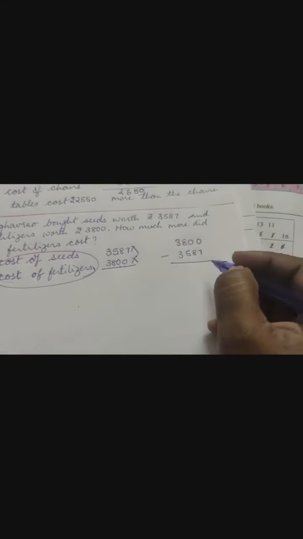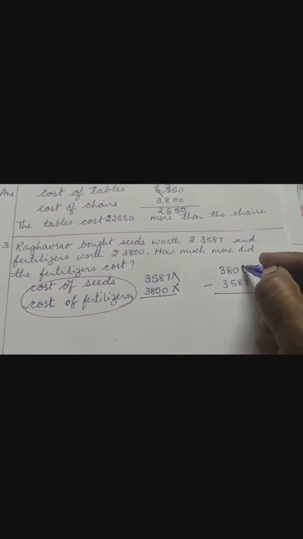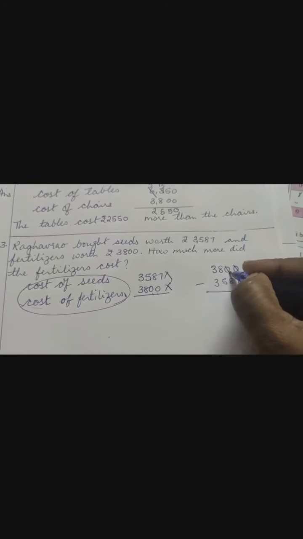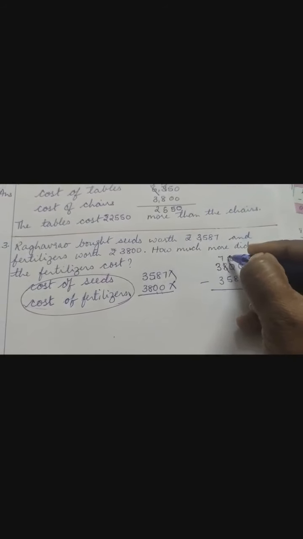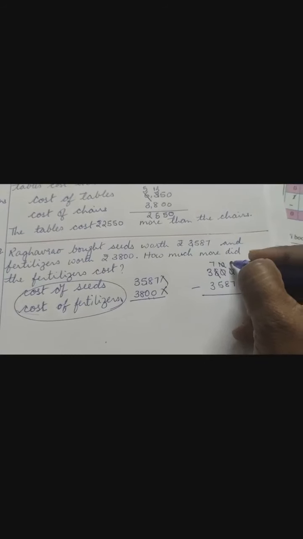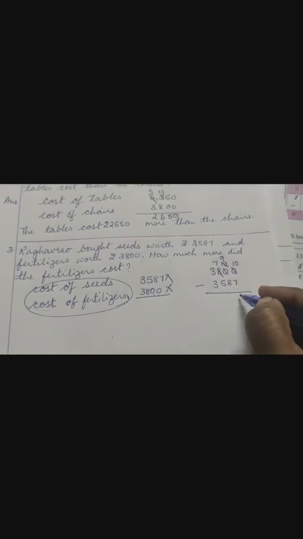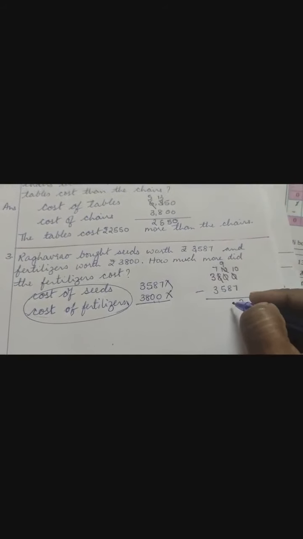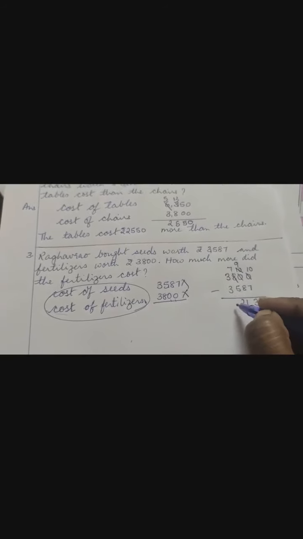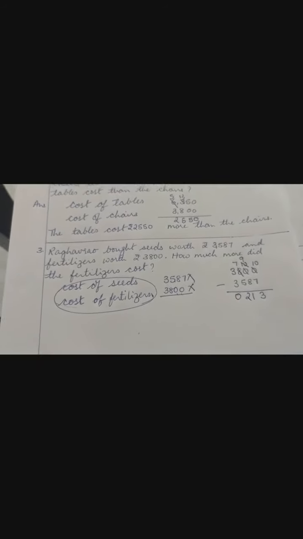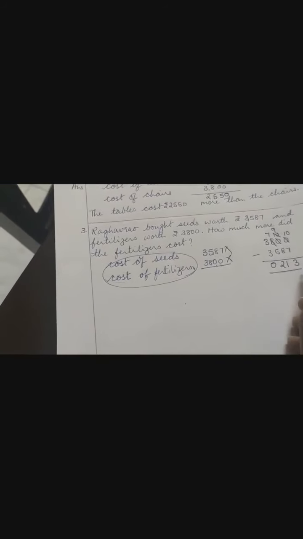So now when we subtract this, how can we subtract? Can we take out 7 from 0? No, we have to borrow. But since here we have a 0, we have to borrow from here. So this becomes 7, this becomes 10, and from this 10 we borrow 1 here. So you get here 9 and you get a 10 over here. So 10 minus 7 is 3, 9 minus 8 is 1, 7 minus 5 is 2, and 3 minus 3 is 0. So we have the answer, that is 213.